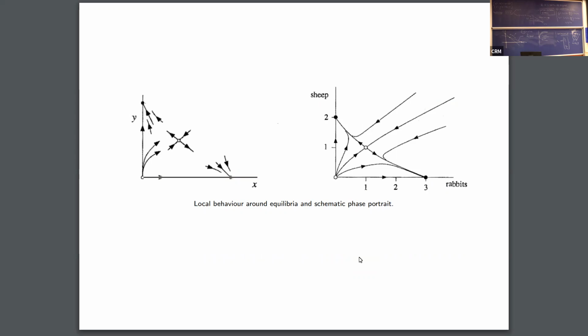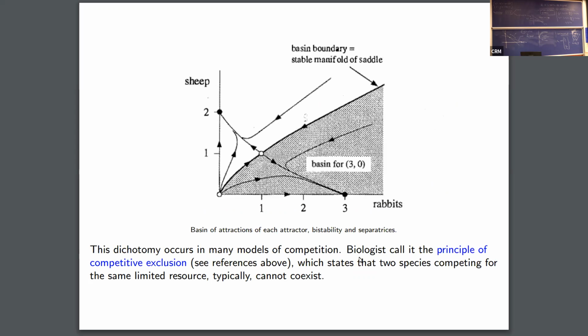So this point is an attractor. This is always a repeller, so in this case, it's a repeller. This is an attractor, and this is a saddle point. And how can we interpret this result? In fact, what you have is this. And then you can even do more things, because this saddle point has a separatrix